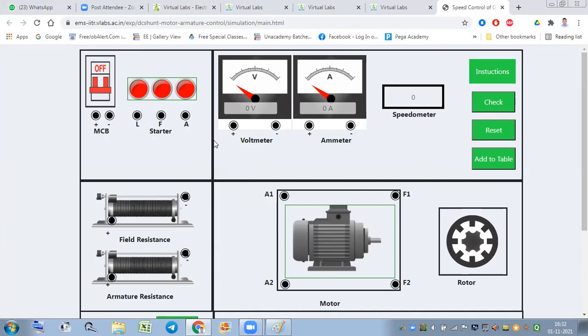In the simulator, or the virtual experimental trainer kit, you can say,